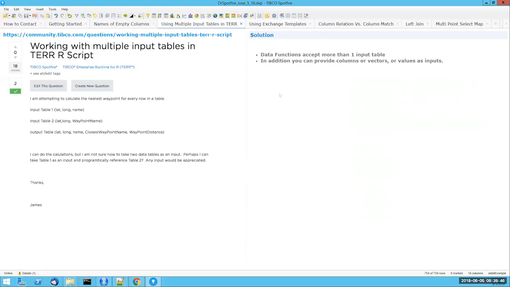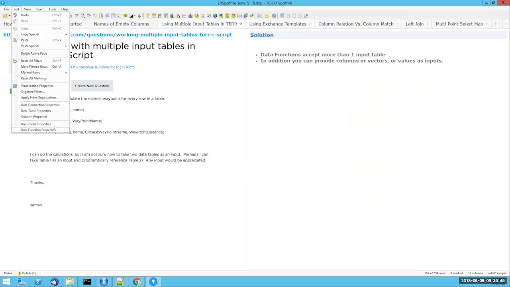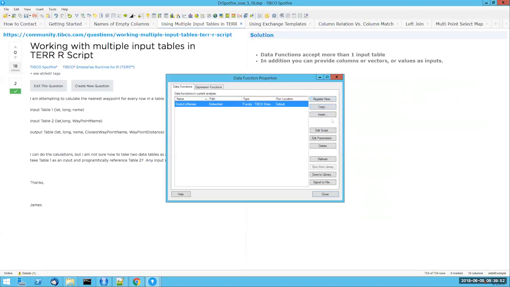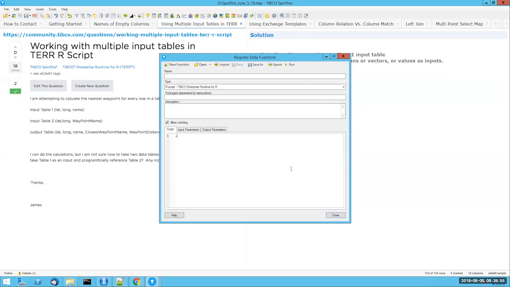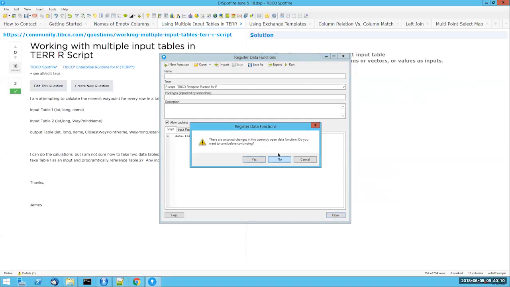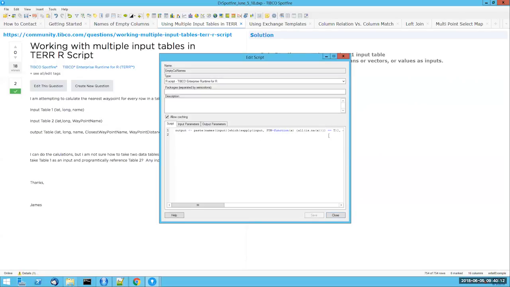Now, when your data table goes into a data function, I see a lot of people writing code like this. For example, if I have input 1, I have a lot of people typecasting it as a data frame. Now, this is something that you don't need to do because Spotfire just does it. So if I show you an example of that, let's go back to the question that we did previously, and let's define output 2 as class of input 1. Actually, it's just input. And I'm going to define it as an output parameter,